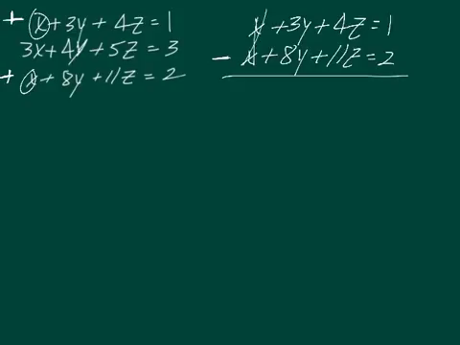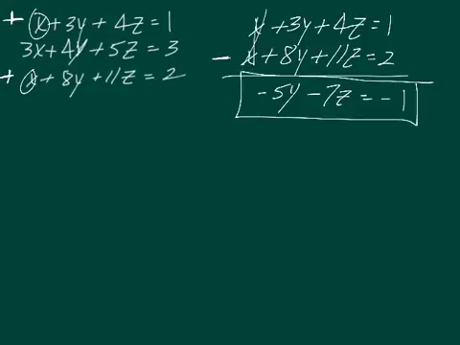So those go away. 3 minus 8 is negative 5y. 4 minus 11 is negative 7z. And 1 minus 2 is negative 1. So there's one equation that I got rid of the x's. Now let's do the first one and the second one here. Alright, so again, the first one